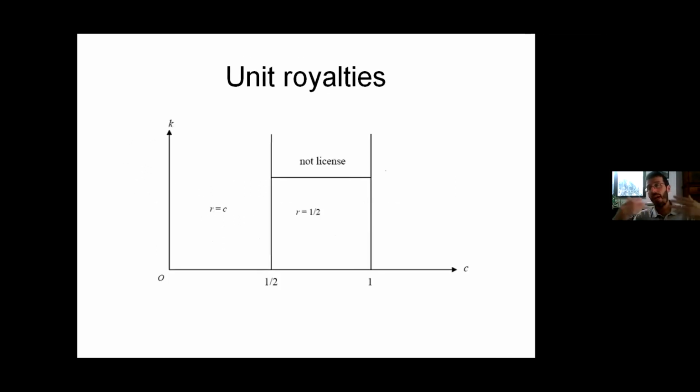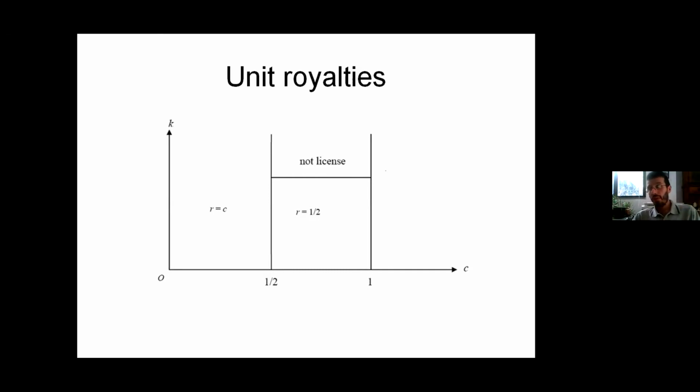Here I just provide some pictures that represent visually the optimal royalty and the optimal fixed fee and the comparison of them, because the solution of the model is quite easy, as it is a standard one. Of course, we can provide the proposition, but I think it's better to see the result directly on the picture. And so this first picture represents the comparison between per unit royalties and no licensing. So not fixed fee, just comparing per unit royalties and no licensing.